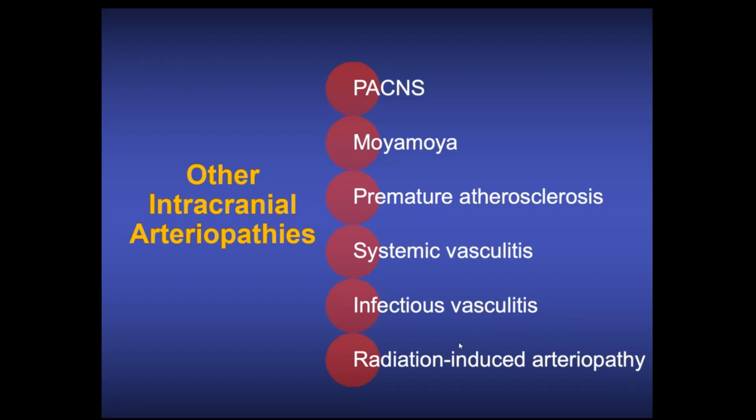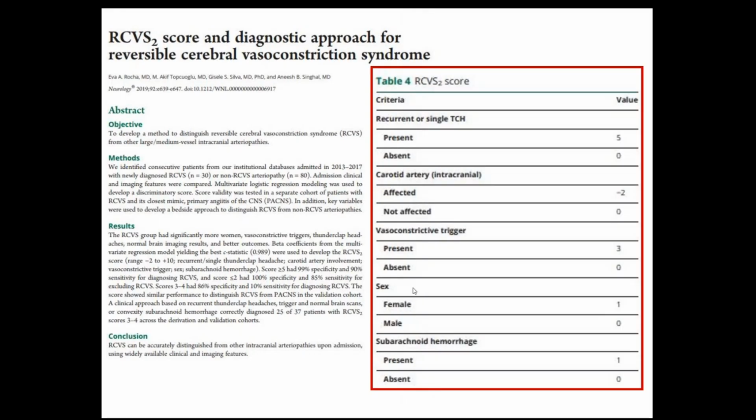So I did a study where I took an undifferentiated cohort of patients with any one of these conditions. Just an abnormal CTA was my defining point. And we looked at the outcome of RCVS, and we found that there were variables that predicted RCVS in a certain combination. So my fellow at the time, who's now a professor of neurology in Sao Paulo, Eva, a wonderful person, she created this acronym: recurrent thunderclap headache, or sometimes single,